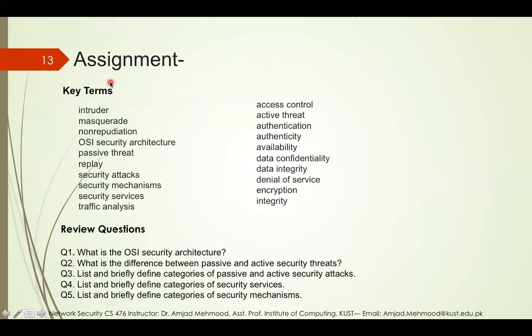This is the assignment. As you know, we have finished our chapter, and during this chapter we have gone through a lot of terms. I have listed almost all the terms which we have studied. You have to go through all of them, and if you are not understanding, you google them